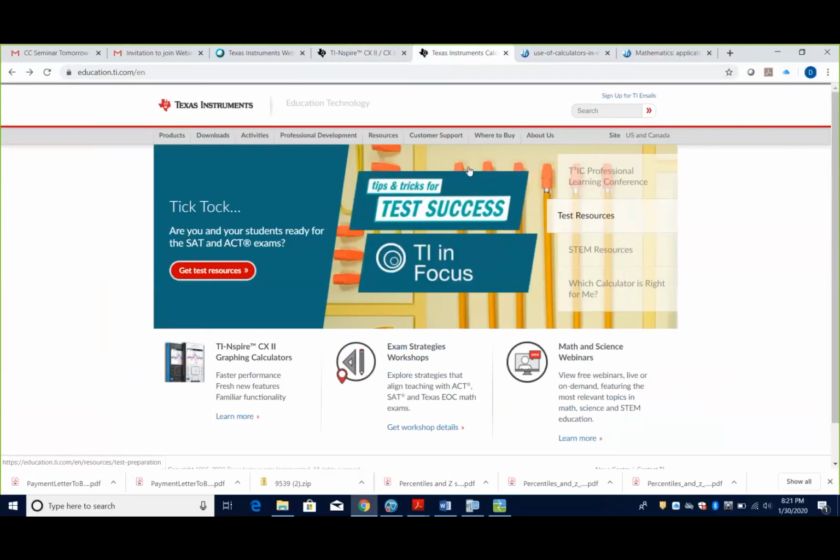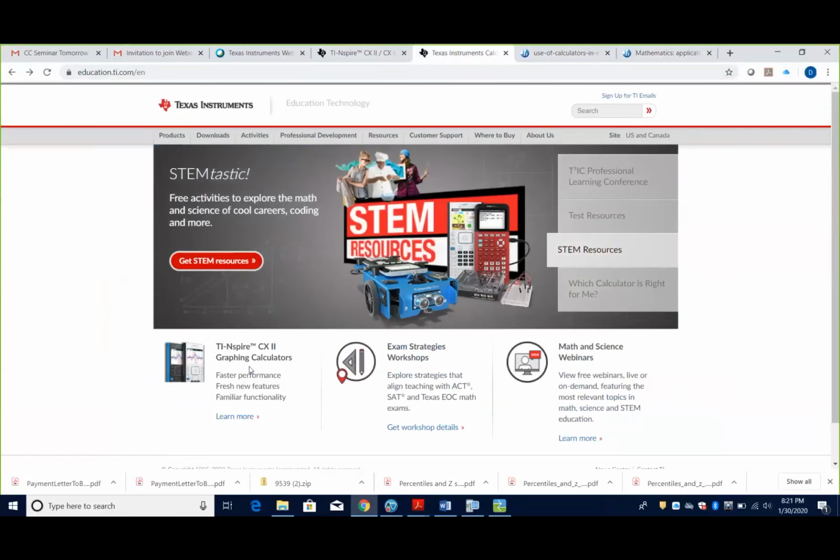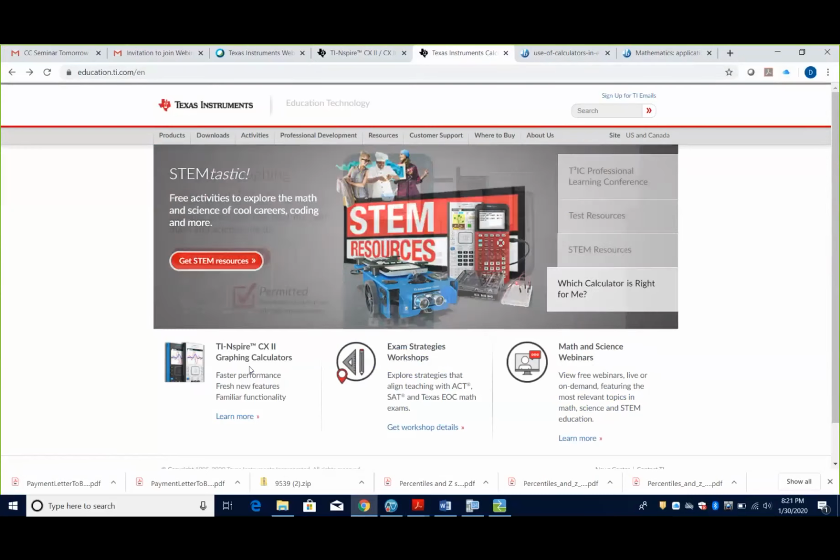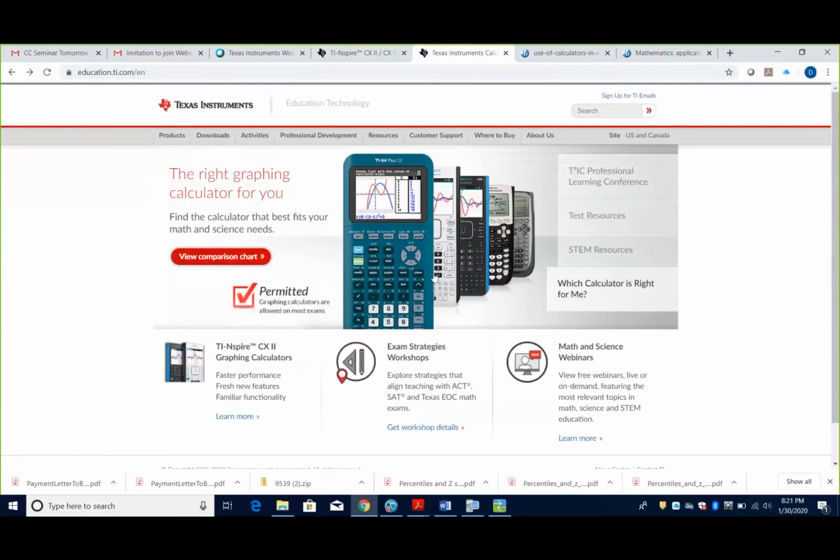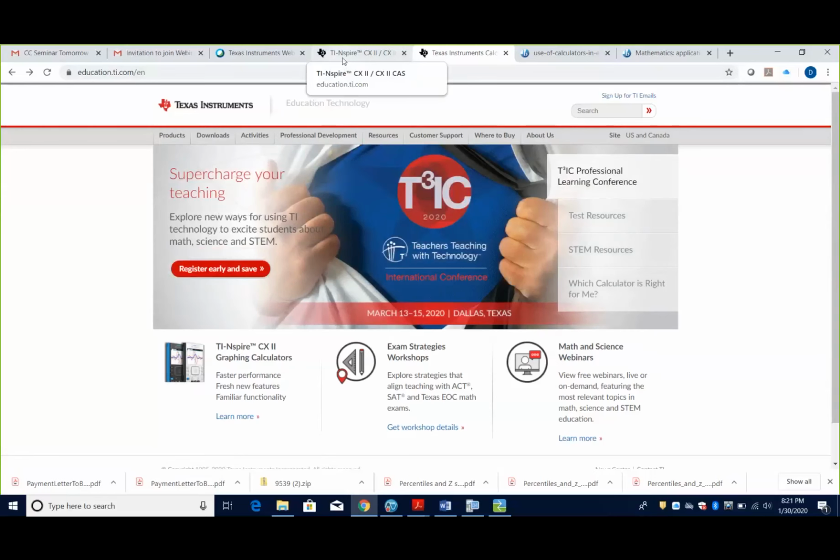One is, of course, a new calculator that came out in the spring, the TI-Nspire CX2, which is allowed. I'm going to make this statement, and there has to be a correction. I have to talk to TI about this, because in Ruth's slideshow is the updated version, but on the website they haven't updated it yet.